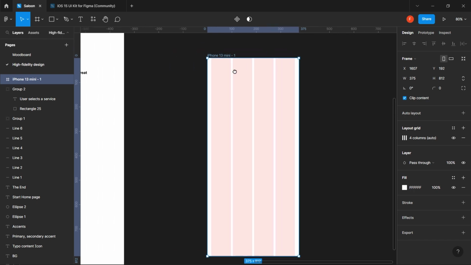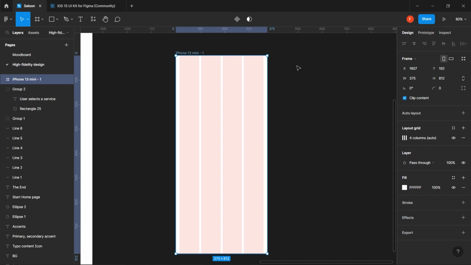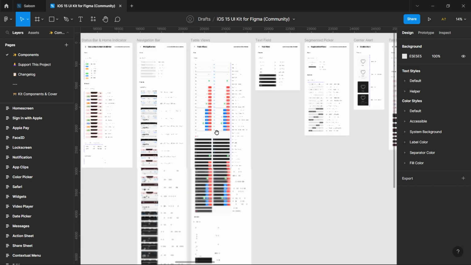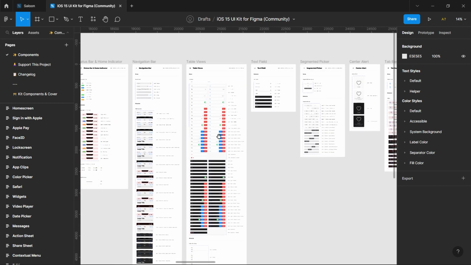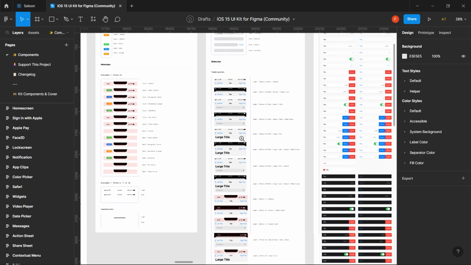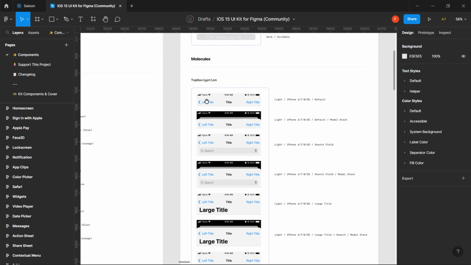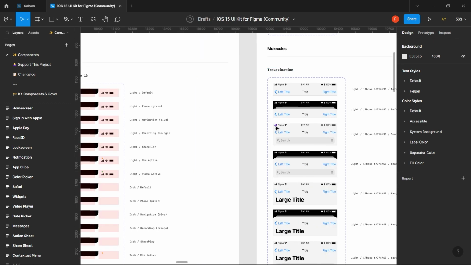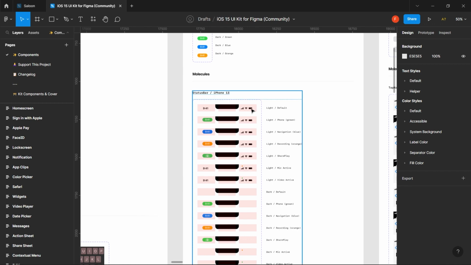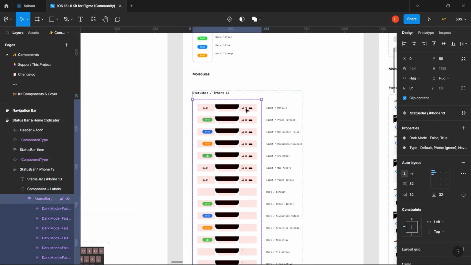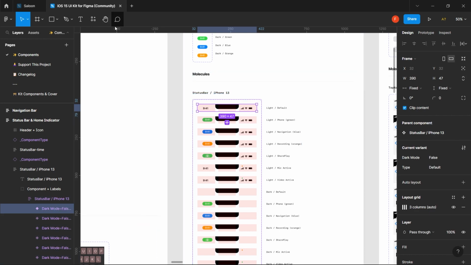First thing is, since this is iPhone, we know we have the date and time up. There's an iOS kit. Kits are things that just help you speed up your design. So there's one for Figma. I'll drop the link in the comment section so that you can grab it, and then I'll just go into that to pick the date and time thing instead of creating it. So I click until I get into it. I keep clicking until I get into it, and then once I get that, I'll Ctrl C to copy, and then